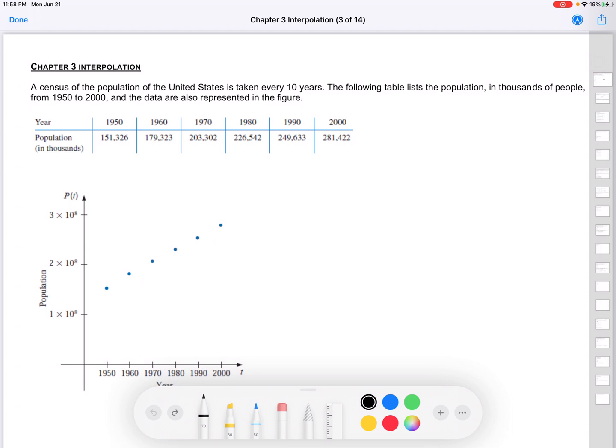So this is interpolation. In chapter 3 we are going to work on 4 techniques of interpolation. First one is Lagrange's interpolation, then Newton's divided difference interpolation. Then we are going to use forward difference interpolation, and then backward difference. Okay, so all of these four,